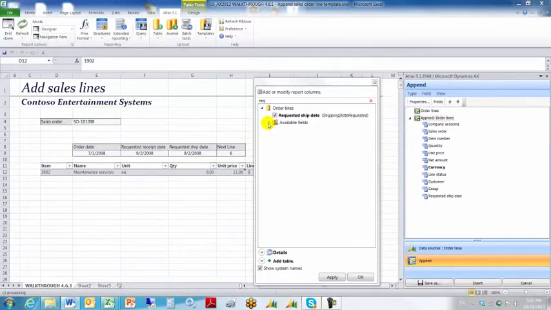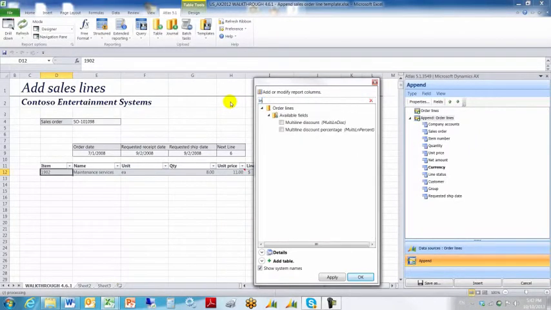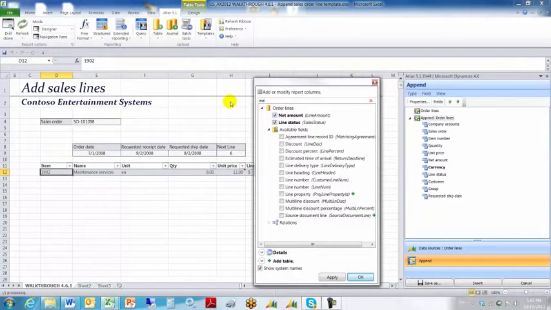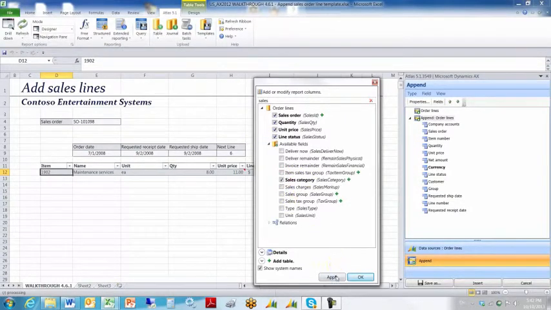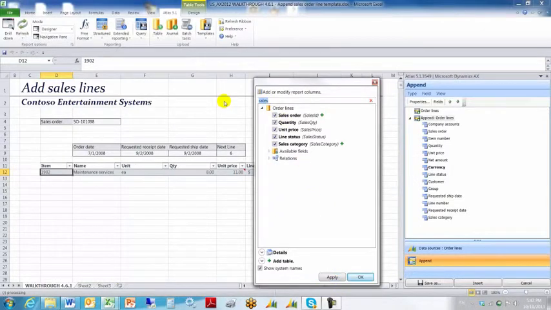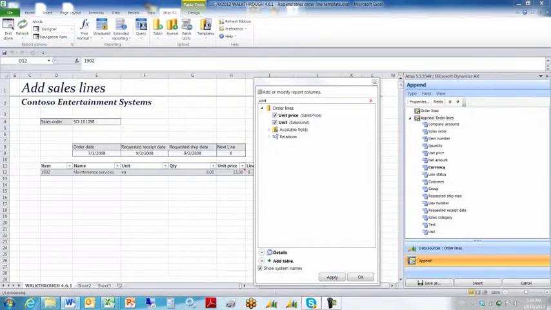So I'm going to navigate the list further, and I want to find line number. Line number is right here. I'm going to click OK. I want requested receipt date, REQ. Requested receipt date. Click apply. I want sales category, SALES. There's sales category. Click apply. I want text, TEXT. There it is. Click apply. And I want unit, UNIT. There it is, sales unit. Click apply. Okay, so I can click OK